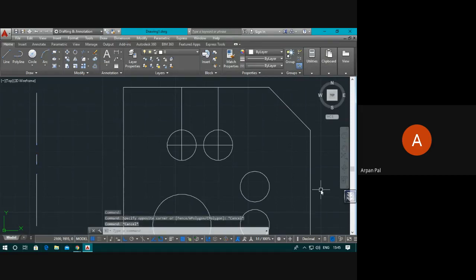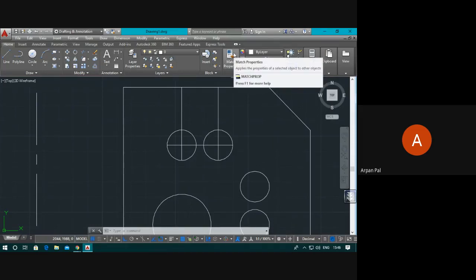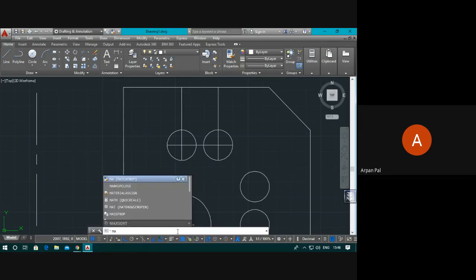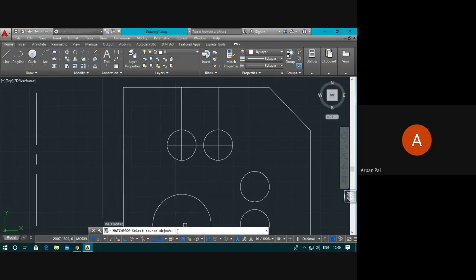Now what happens? If you make this one this type of line, there is a very good option. This is match properties, you can see in the toolbar, match properties. In the command box also you can type MA, that will understand match properties, and enter. You select this line, click on here, click on this line also.